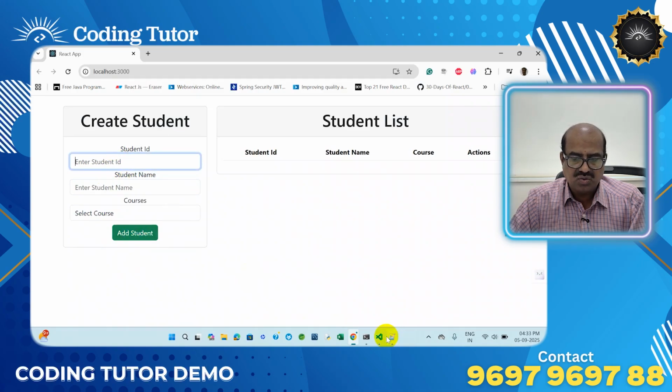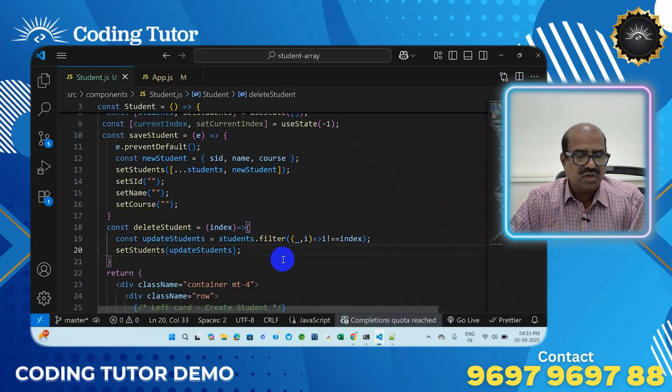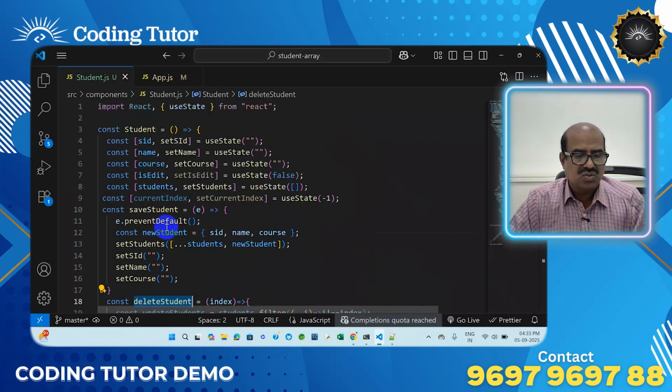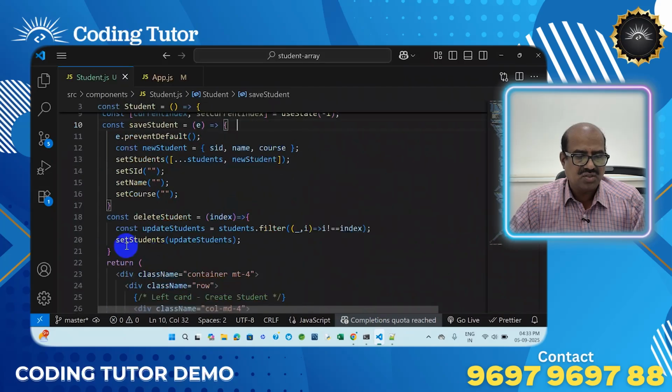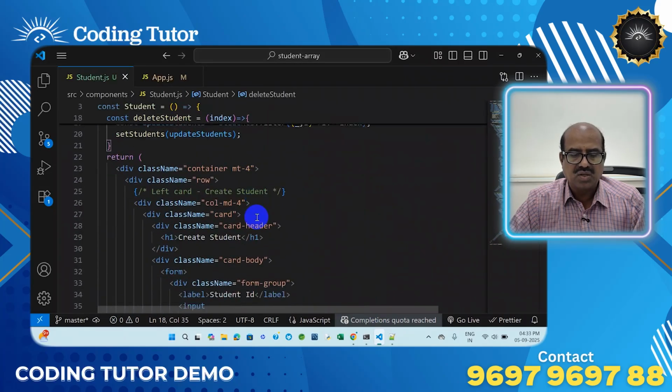So here you can check that functionality where you are going to provide this one. This is the constant delete, right? So this is the one. This is the save functionality. This is the delete functionality. Okay. So now